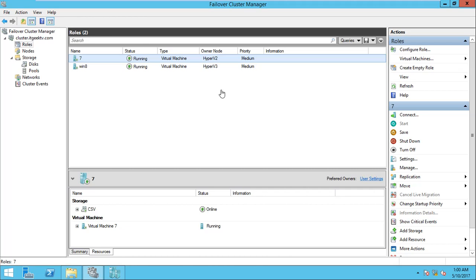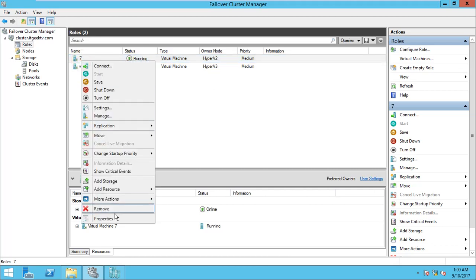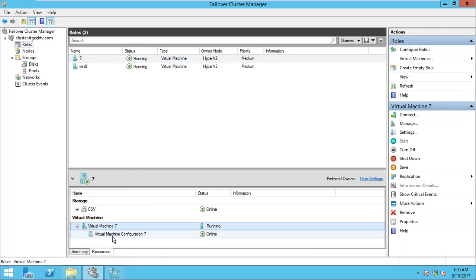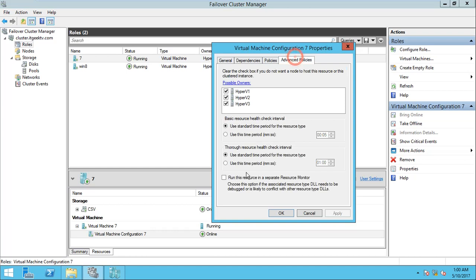The other part I have to show you is this. There you go, the advanced policies. What I have faced is that Skype for Business does not support live migration in Hyper-V. So in that case, if I have to restrict my front end servers, and some other servers which are part of Skype for Business, and I don't want them to be live migrated to some other Hyper-V host, I can restrict them.